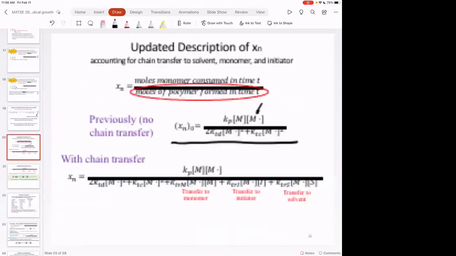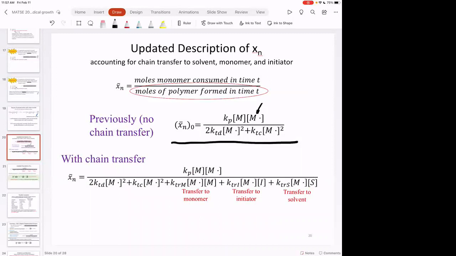Where were we? We're right here. So chain transfer is going to limit the molecular weight, and chain transfer to monomer, initiator, or solvent makes a dead chain. It's not called termination because we're not disposing of the radical, but we're stopping a growing polymer chain. So it looks like we're terminating the end of a growing chain. And this was our expression for termination by combination and termination by disproportionation. That was in there already. That's right here. And so we just add other ways